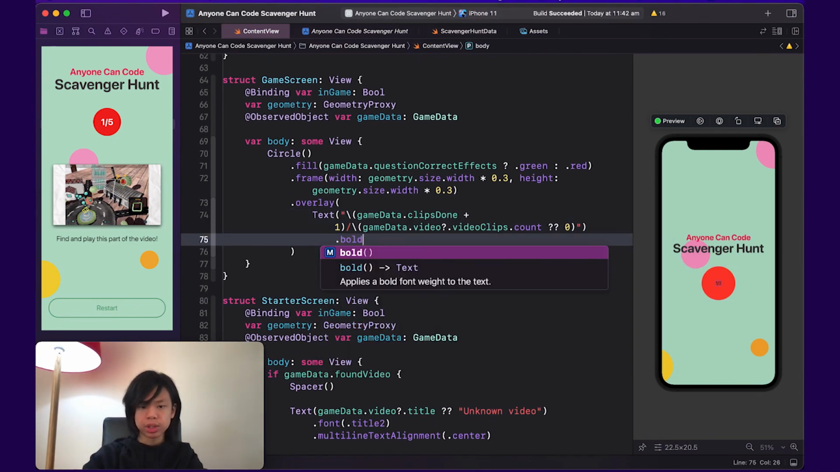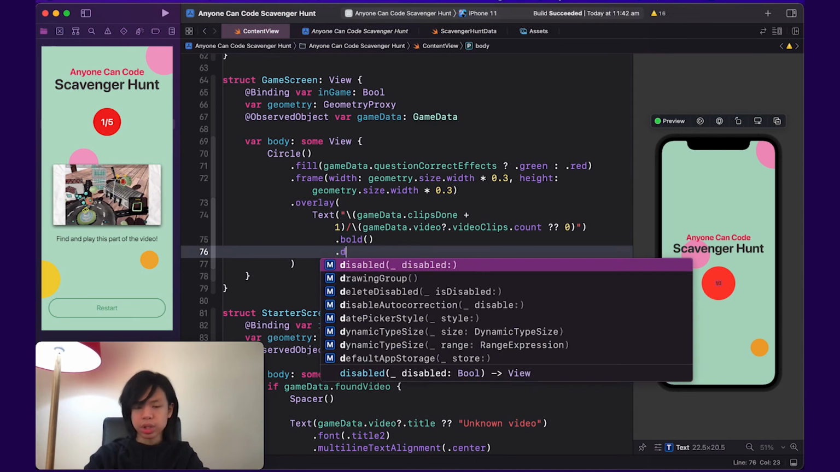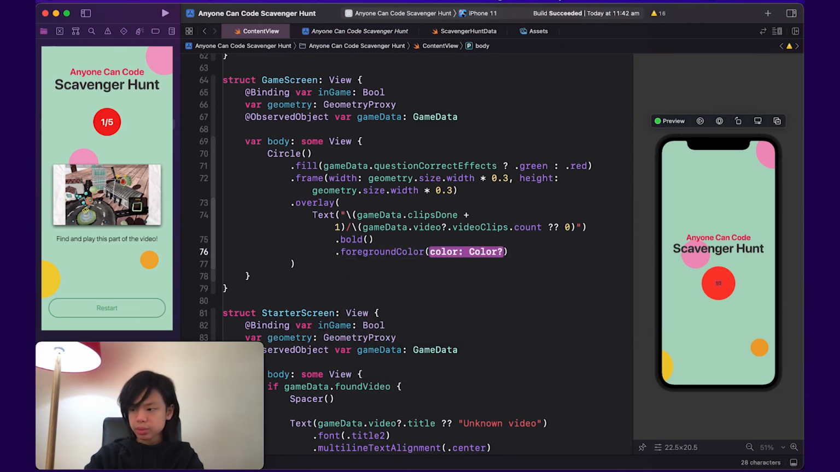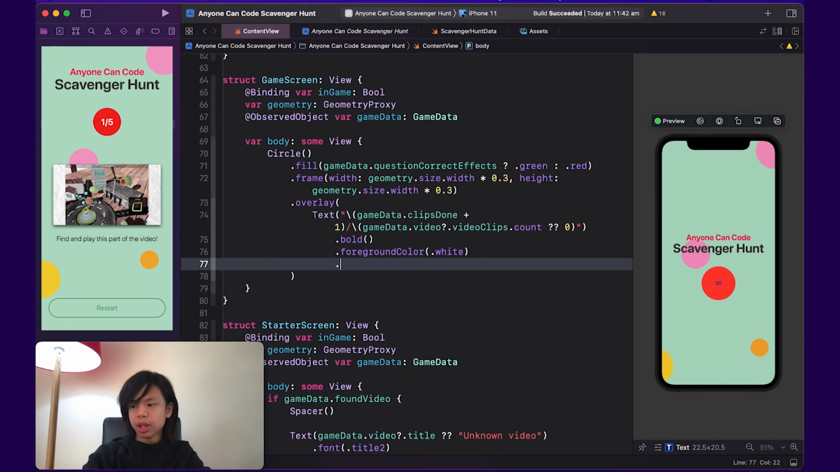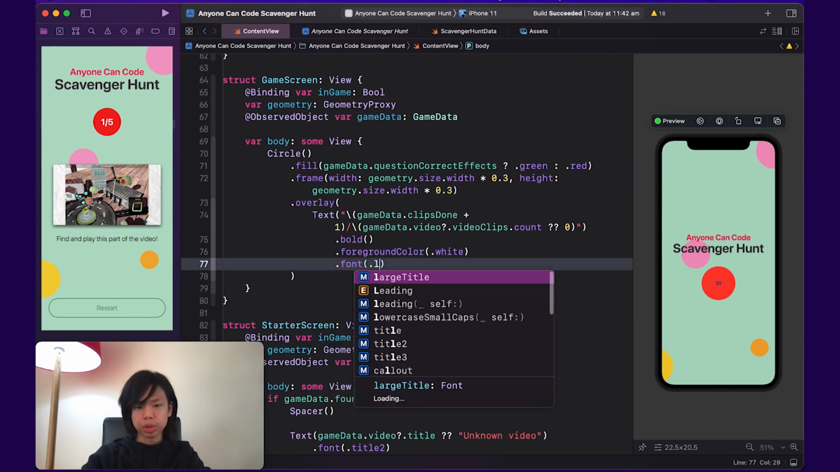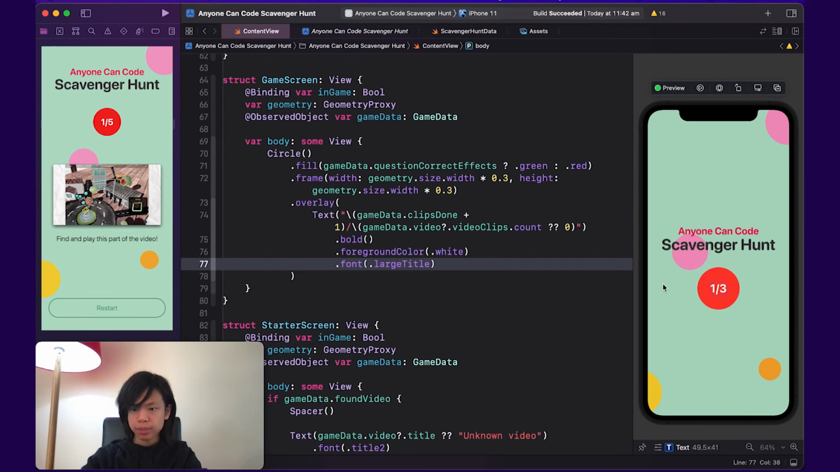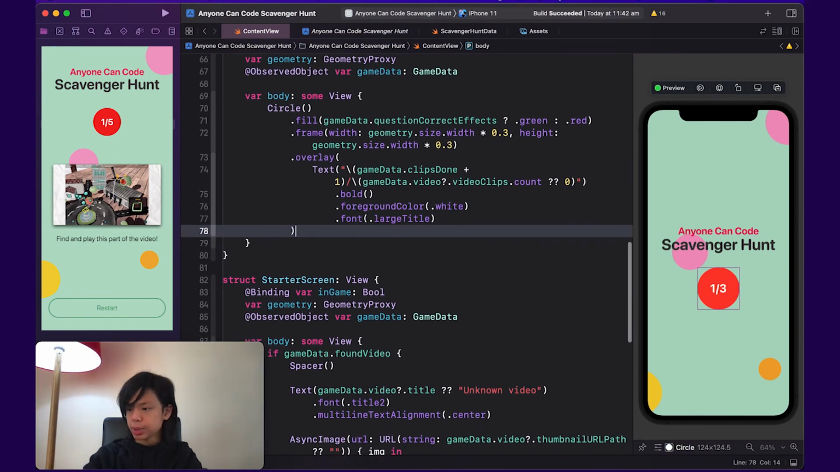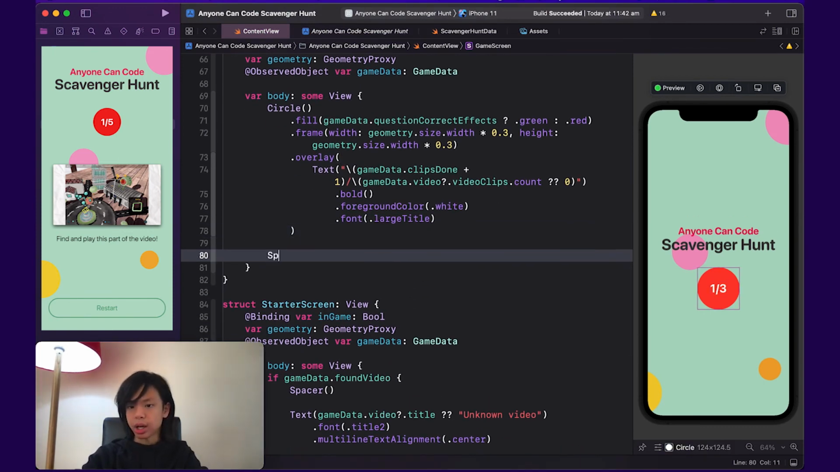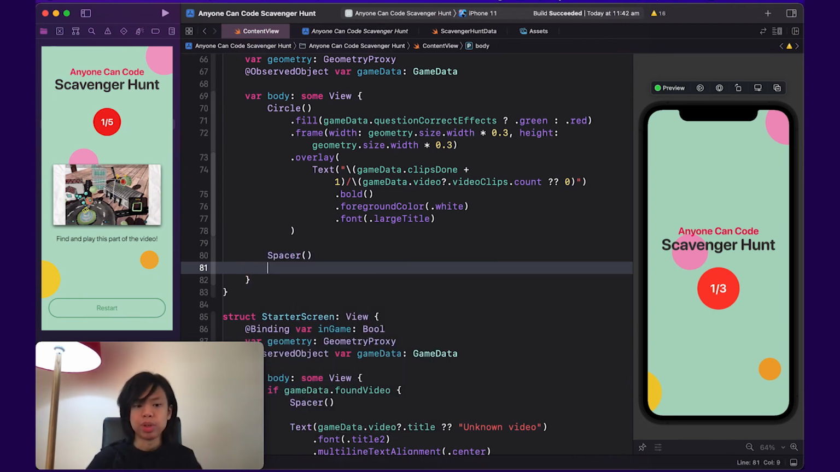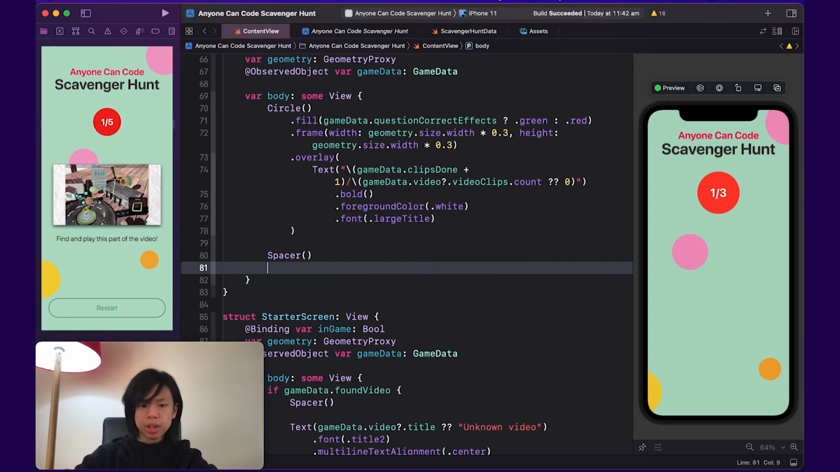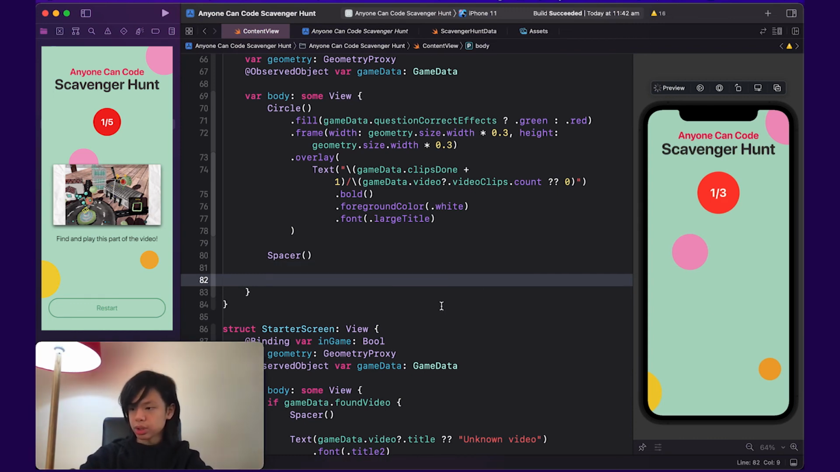I'm gonna make this text bold, and I'm also going to add a foreground color. Make it white, and I'm going to set the font to a large title. Just make it as large as I can. So it should update, and there you go. It's large and big. It's big, and it's nice and bold. I'm also going to add some spacer, so we can move everything up. I'm also going to sandwich some stuff inside the spacer,